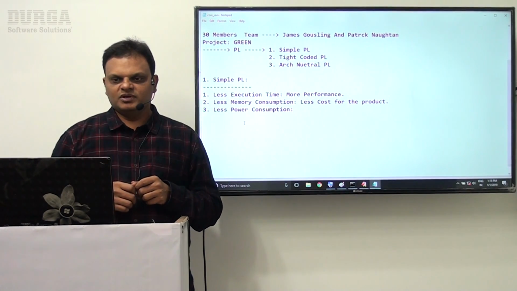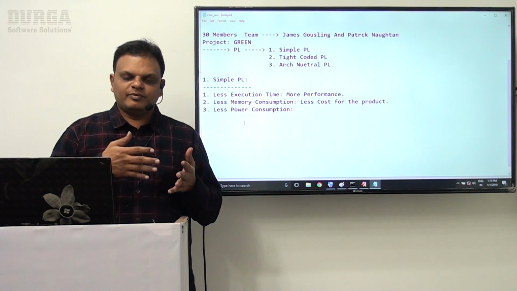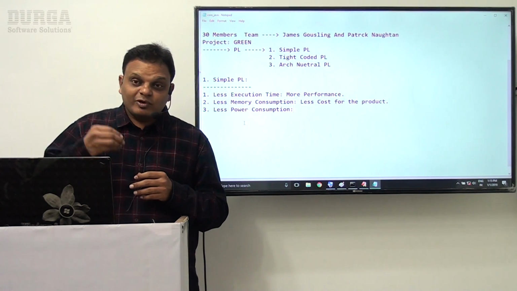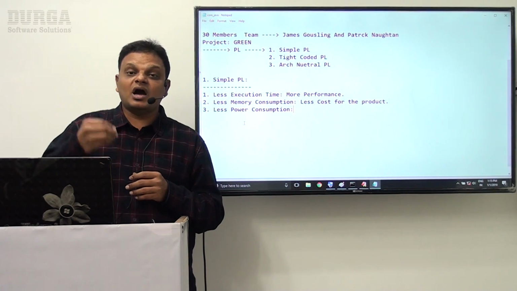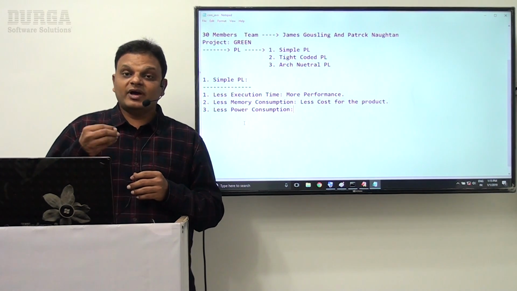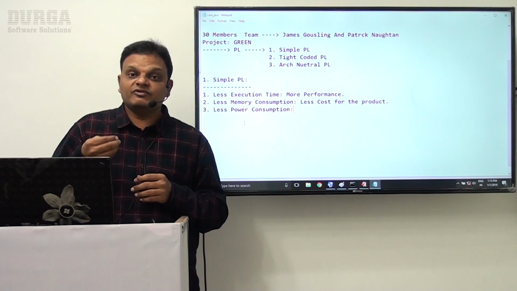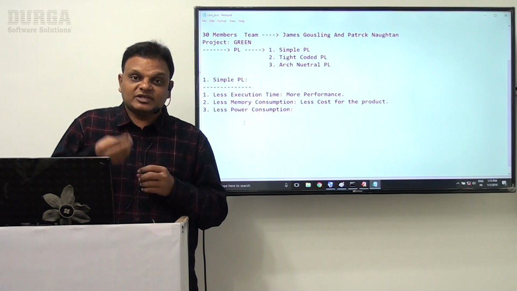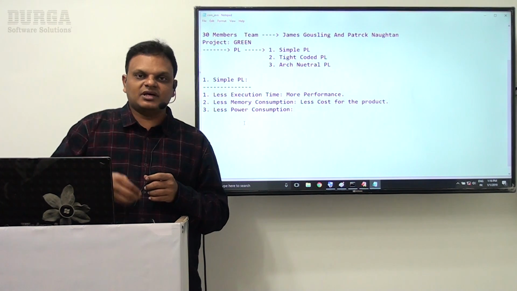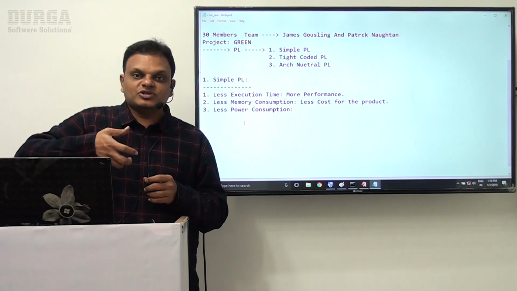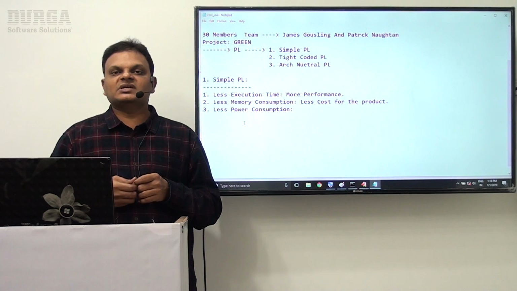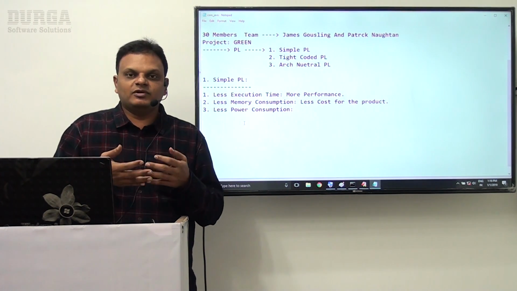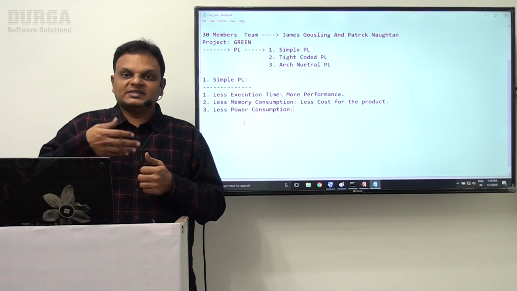For example, I'm preparing a program in my remote controller. If my application takes much hardware interaction, then automatically power consumption goes up.